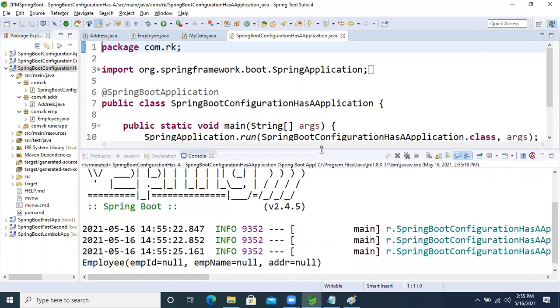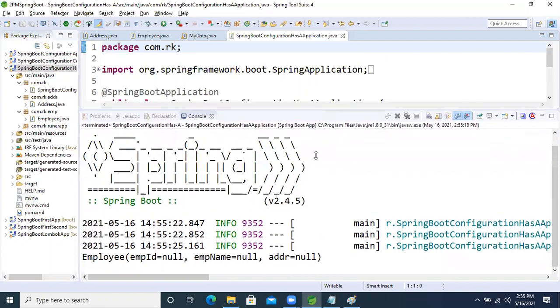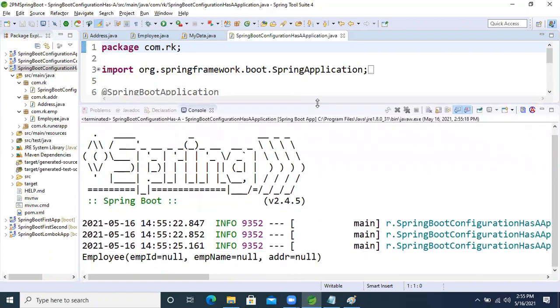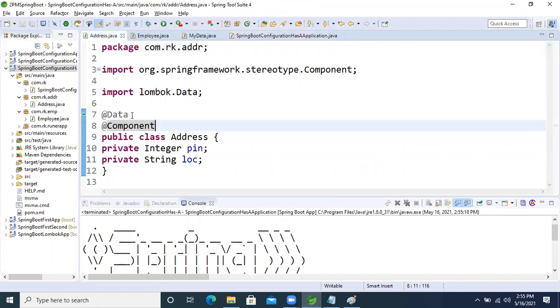I think we are using a newer version, 2.4.5, right? This is the latest version, right, guys? I think some bug is there. No problem. In that version there is no need to write @Component also. One minute, I will comment it. We will check it, guys.